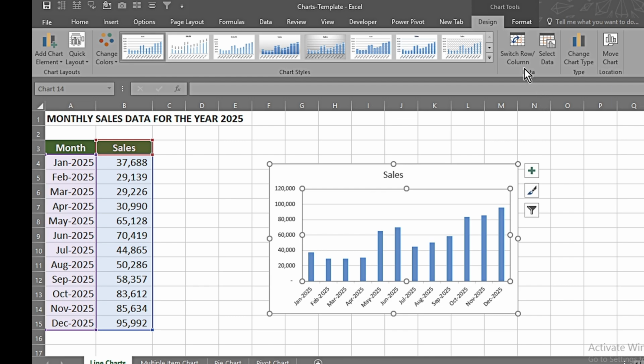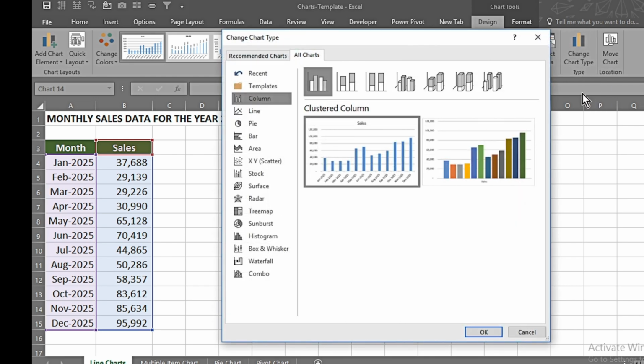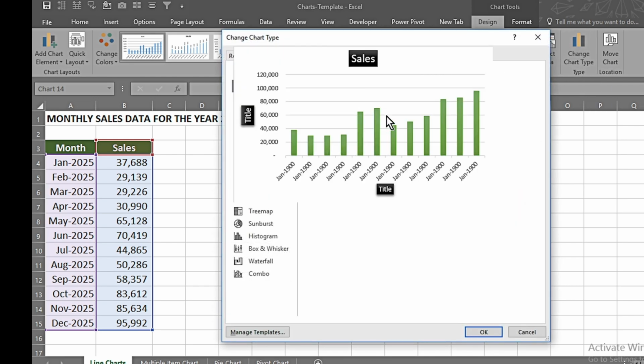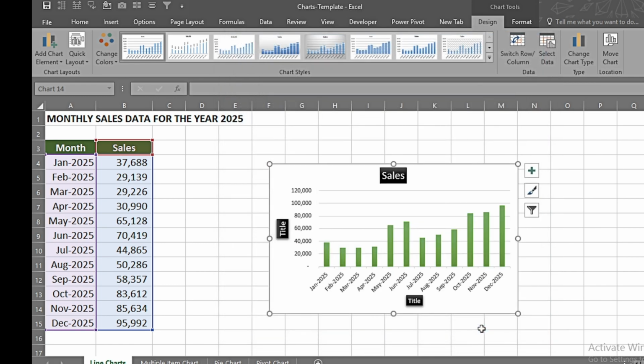So I can just go in the change chart type in the templates over here, I press OK, and I can see that all the formatting that I had done earlier is appearing as I wanted it to be. So I don't have to change all of the formatting once the template is saved. You can just select the template and it is going to apply all of the formatting like that.